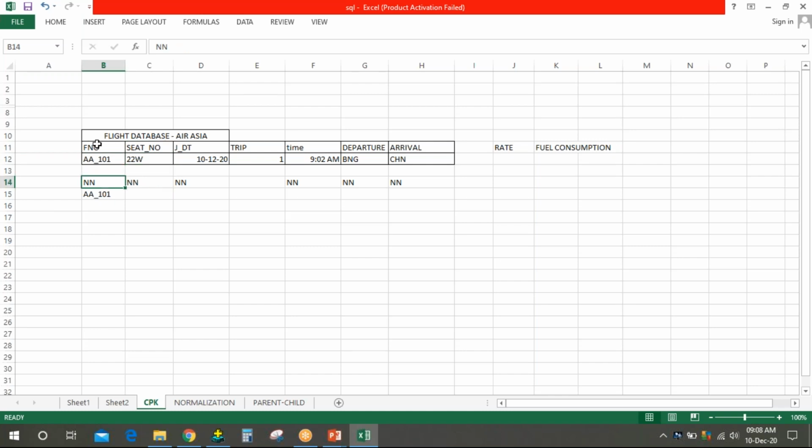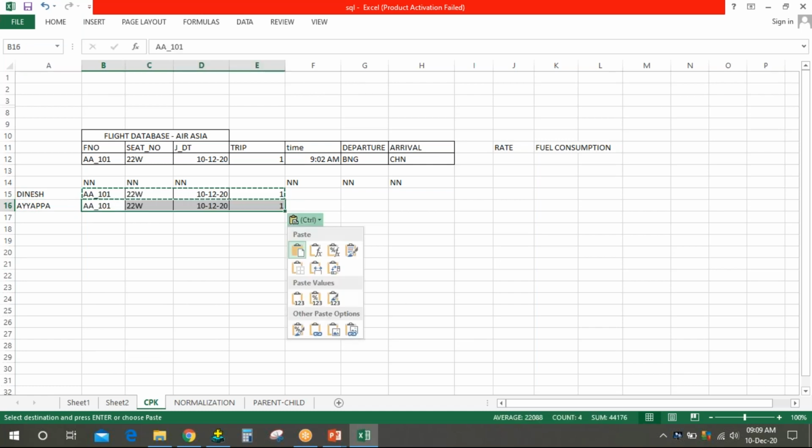You have made it not null, not null, not null. That is okay, this kind of data can go now. We can enter the data, not an issue. So what will happen? This is the first data entered here. By mistake, this is entered for Dinesh. Ayappa also came, and by mistake the person making the entry put the same record here.